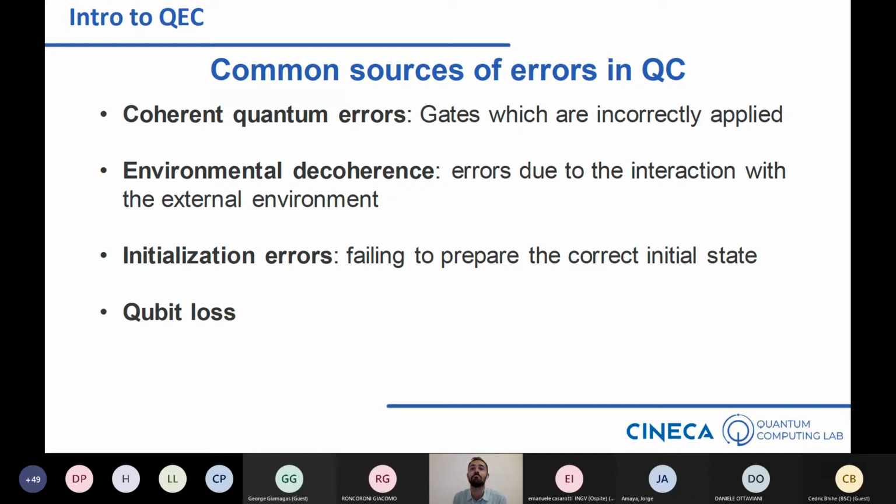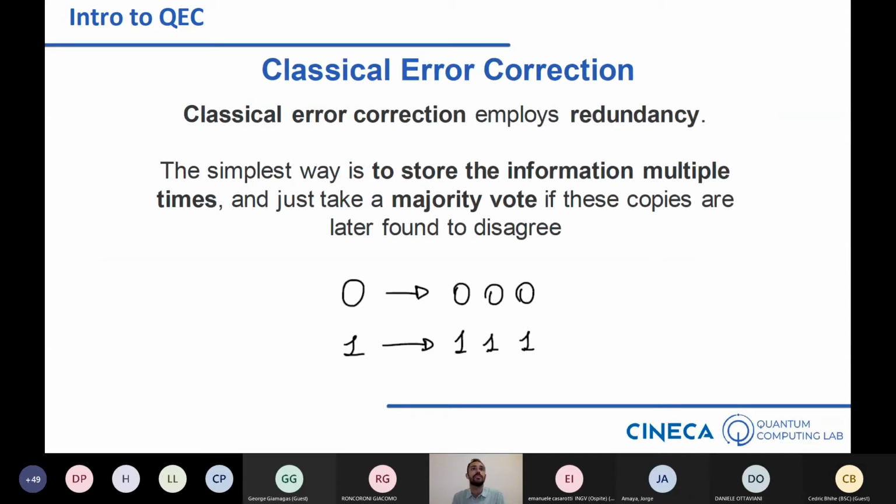Okay, then let's go on. So classically, there are also...